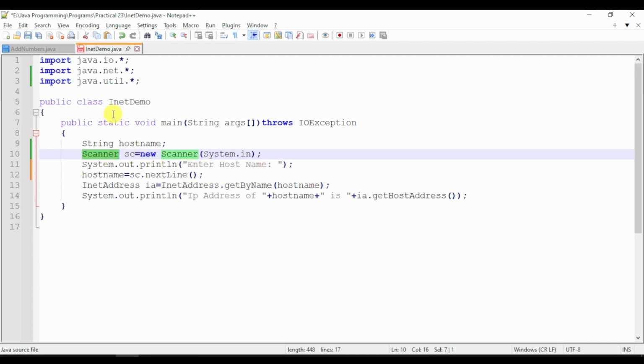So there is no frame or other GUI control added here. This output will be displayed on the CMD only. So "Enter hostname" will be displayed in front of the user on CMD. Then using the sc.nextLine function, I am accepting the hostname, or the string entered by the user, into the hostname object, which